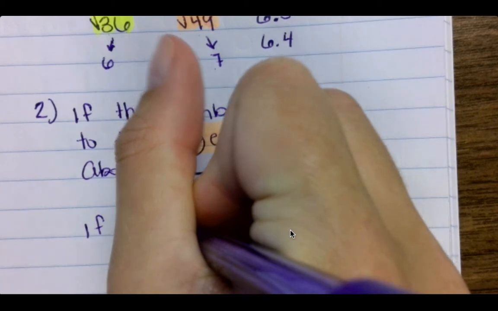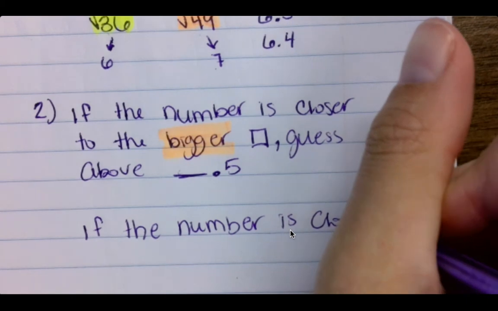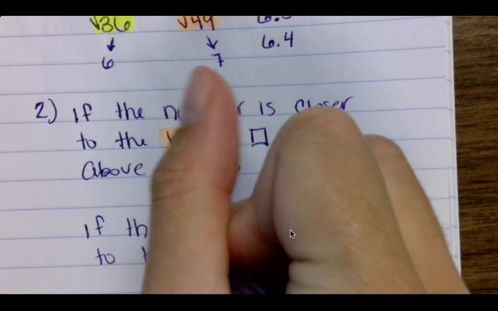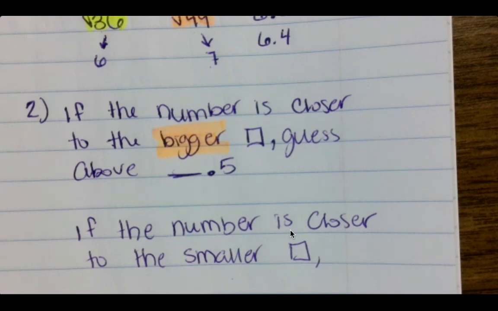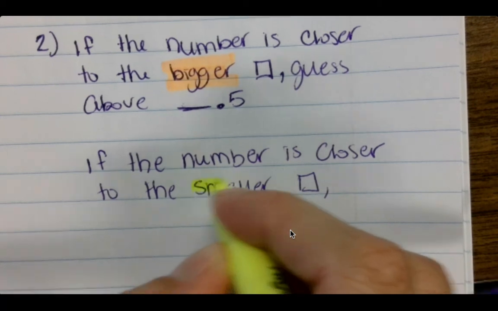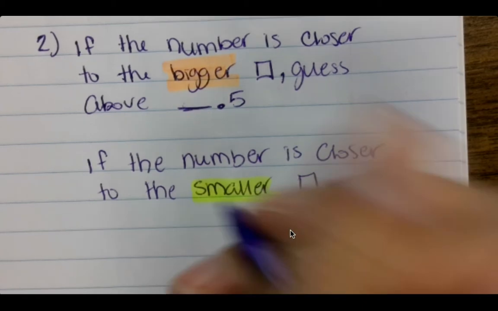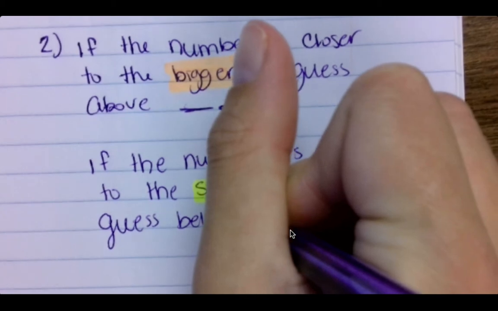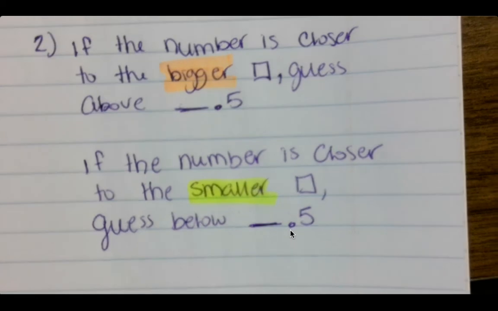If the number is closer to the smaller square, guess below whatever the whole number is, 0.5. All right? So what I mean by that